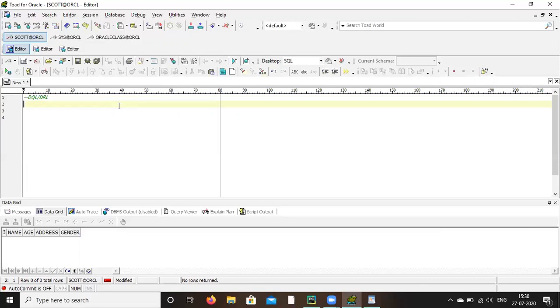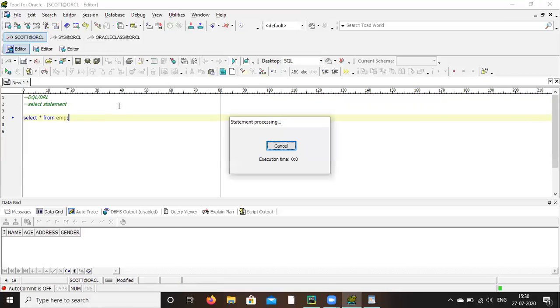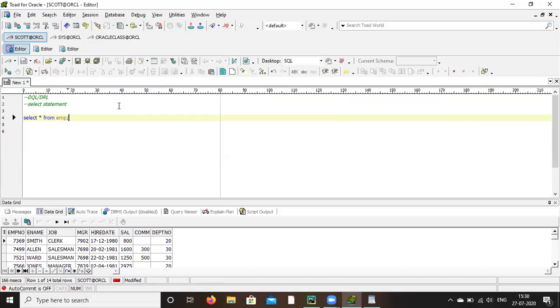Here it is only the select statement. Let's say you want to select something, select star from EMP. That means you are going to retrieve. Here star means all the column names.